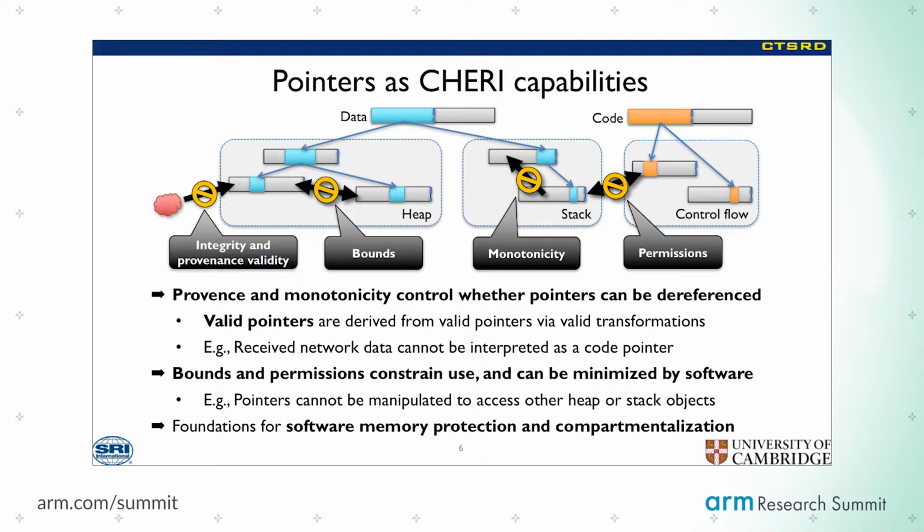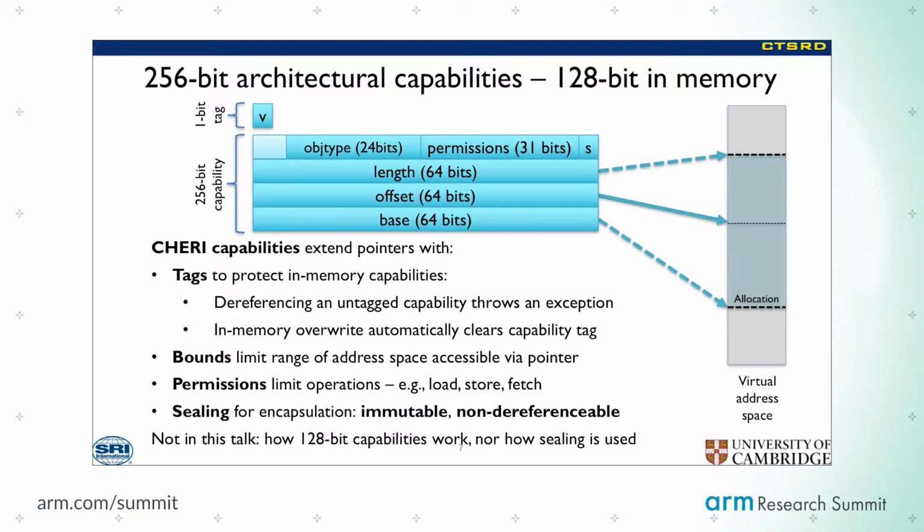So for example, we can prevent pointers that point to one allocation from being misused to point to any other allocation, even if we're able to manipulate the pointer arithmetic that goes on around that pointer. And once you have this functionality, then you can build higher-level software models on top, such as fine-grained memory protection or compartmentalization. So in CHERI, just to remind you, we're going to take our 64-bit virtual address,